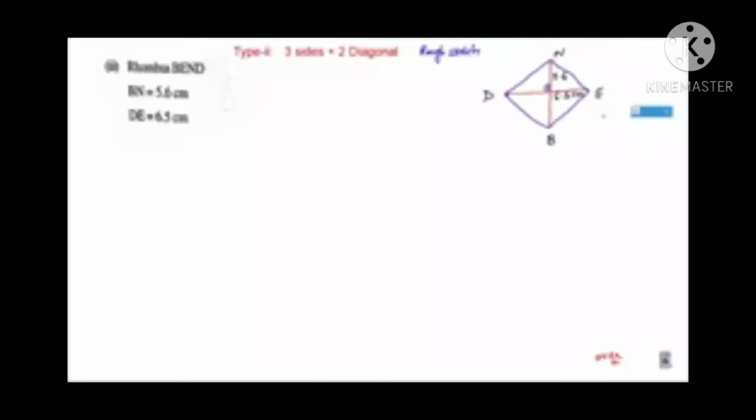Next we shall move on to the third one. Rhombus they have given. Is it? SEND, that is a rhombus, and they have given both the measurement of diagonals. My dears, it is very important for your examination purpose. Remember, they have given only 2 diagonals but not 3 sides. Is it? We know that in a rhombus all sides are equal. What we have to do now with the 2 diagonals? So we know that 2 diagonals cut each other at a perpendicular. Is it? At a perpendicular manner.